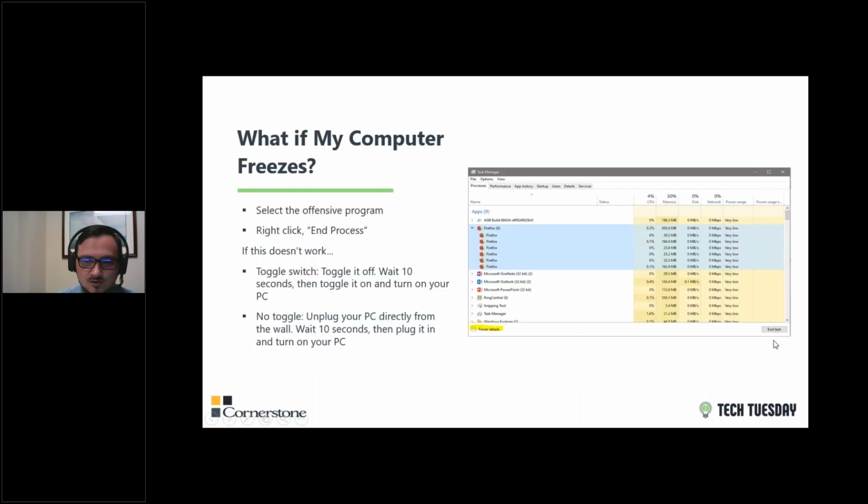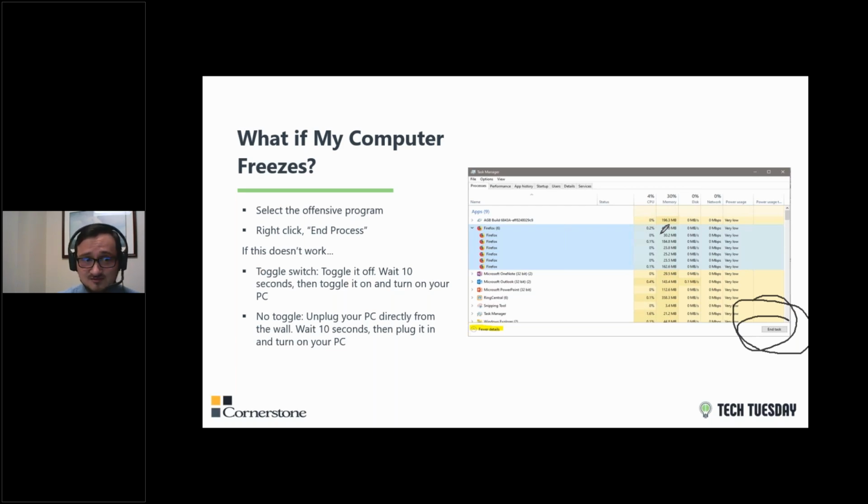And then you will click End Task. End Task is located here in the bottom right-hand corner of your task manager. What that does when you click End Task is it just stops the program in its tracks entirely. You might see a pop-up window when you do this that'll say something like, are you sure you want to end task? Just say yes, and 9 times out of 10, that'll stop your computer from being jittery.